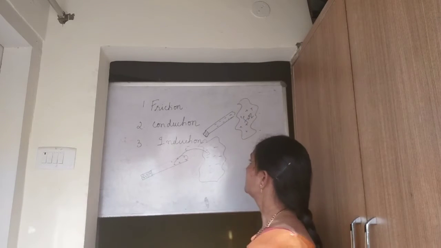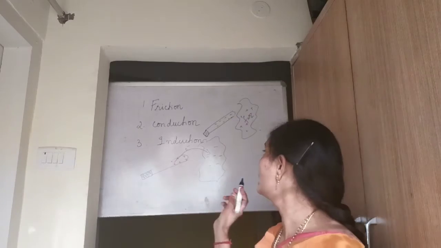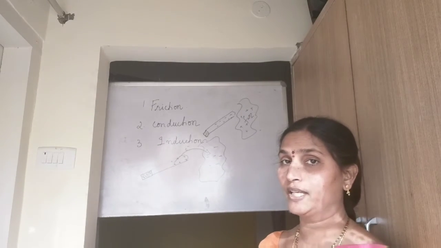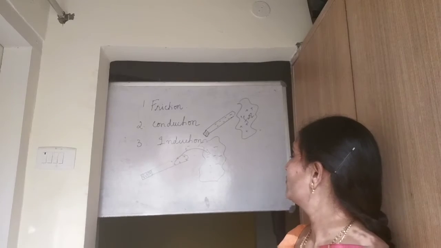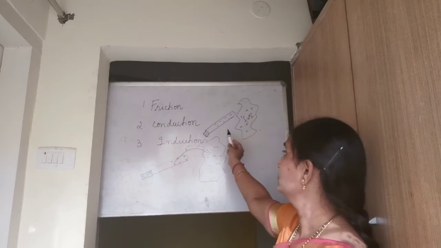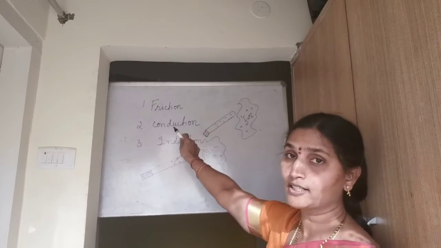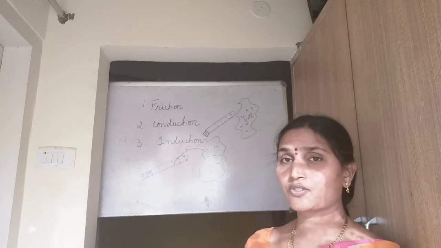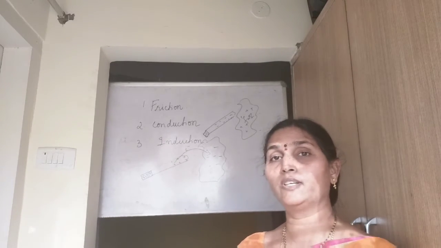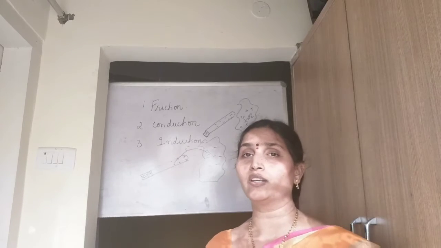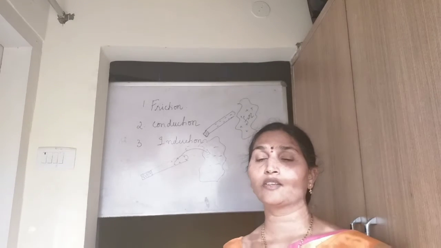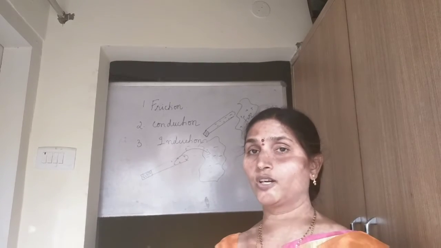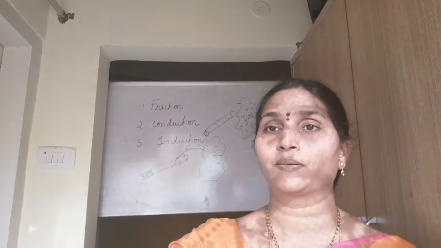Now think: if the glass rod is getting negatively charged in this case, from where to where has the transfer of electrons taken place? In this case, electrons have been transferred from the fur onto the glass rod. So there is no strict rule that a body always has to get only positive charge. You can make it positive or negative depending on the material that you have chosen for creating the friction. This is called the first method of charging.